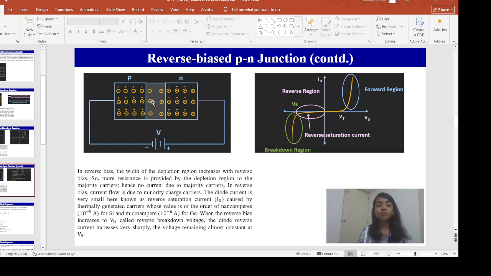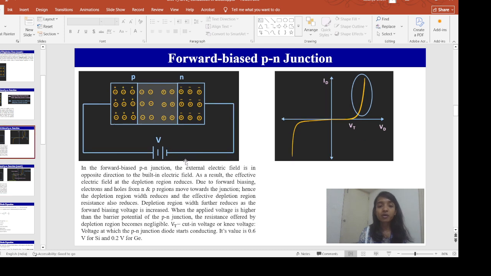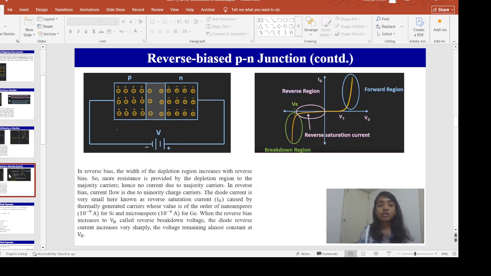Previously, in the forward bias region, since it was in the opposite direction, the effective electric field was getting reduced. Now here, since both these electric fields are in the same direction, the effective electric field in this region will increase and the depletion region width also will get increased. As you keep on increasing this battery voltage or reverse bias voltage, your depletion region width will get wider and